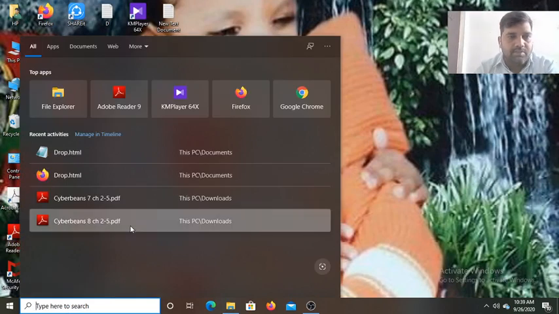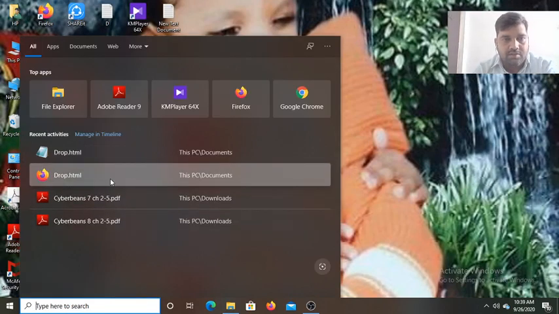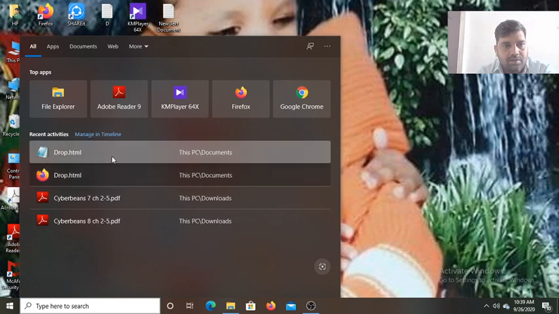Let me write the name of the file. That is the file. Here also drop.html. Make a right click on it. It's working very slow.